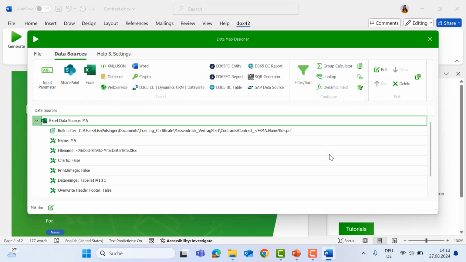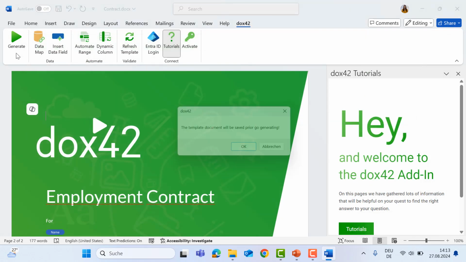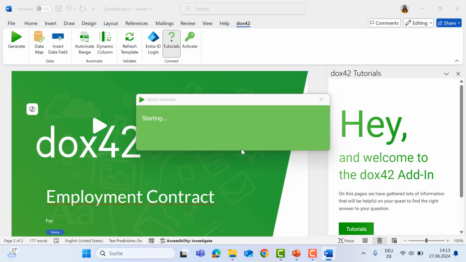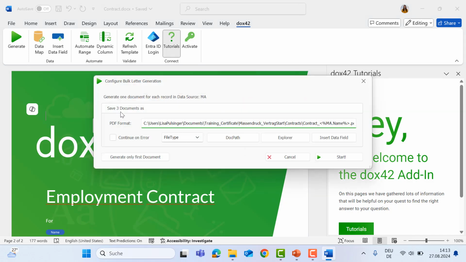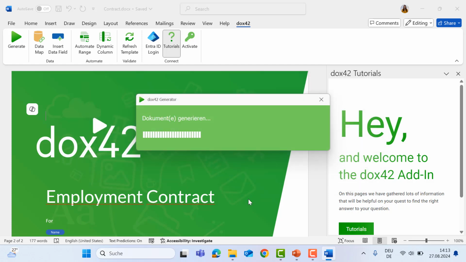Okay, it's gone okay. You can see all of that here, our bulk letter functionality. And once I click on generate, I have 3 employees, so it would generate 3 documents for me. It would save it here. I could still change it if I wanted to. If you generate it with the server, this path will be overwritten later on. No worries. I go to start, and now dox42 not just generate one